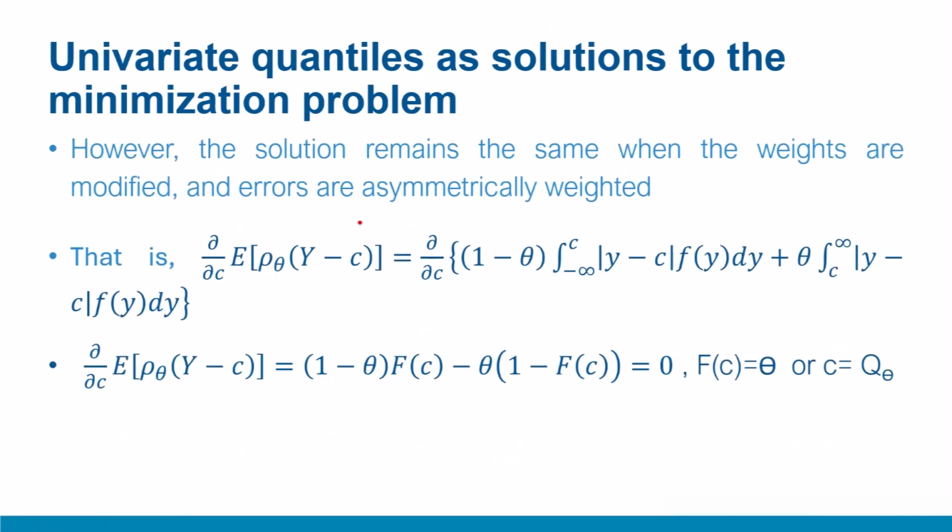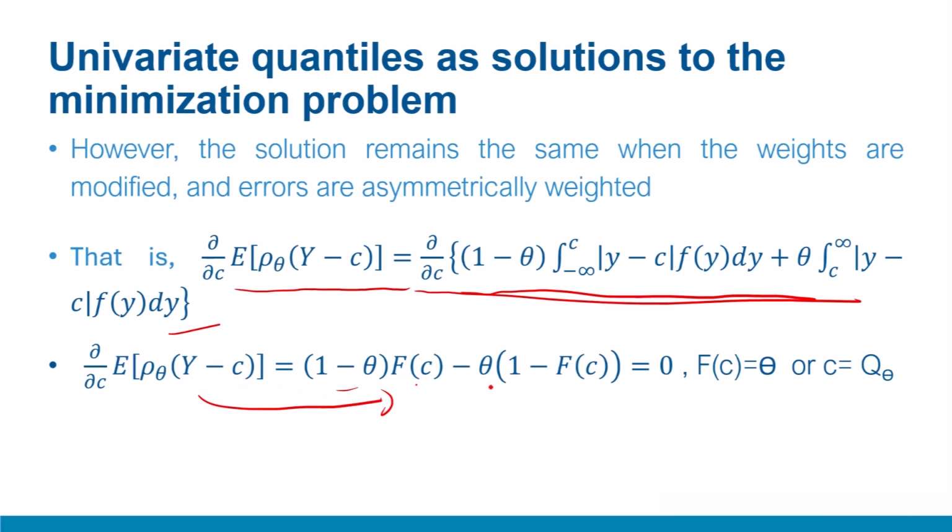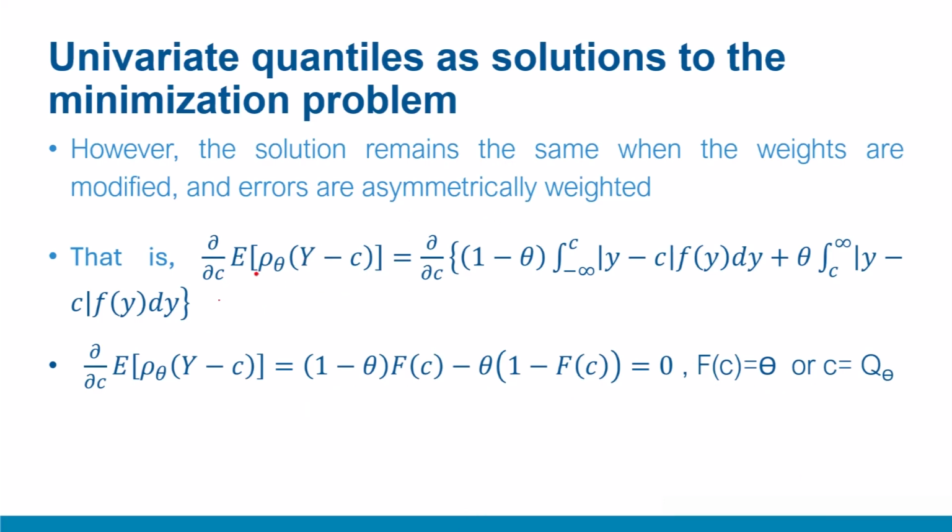We'll not go through the full detailed proof, but when we optimize this problem, the solution is nothing but an extension of what we already saw with the median. With other quantiles, the expression will converge to this, and finally it will come to 1 minus theta into fc minus theta into 1 minus fc, and solving for this, you get fc as theta. So the center becomes q theta, the quantile itself. So basically the solution to this minimization problem of this expectation with the check loss function becomes a generic quantile. For the median it was half, and for any generic quantile position theta, it becomes q theta, the quantile value itself.